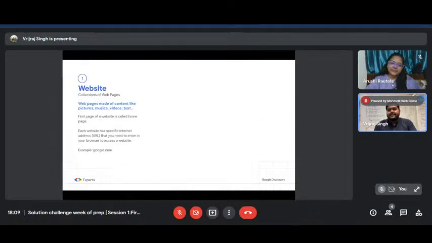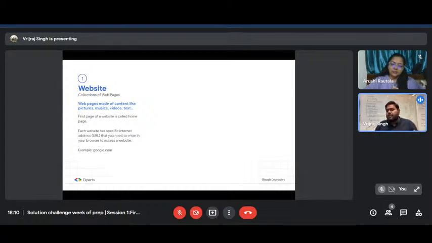So as you know already, the web has three core components. The first one is the website, the second one is the browser, and the third one is the server. We can create a website with the help of HTML, CSS, and JavaScript. With the help of HTML, you can provide the structure of your web page. If you want to design your web page, you can use CSS.